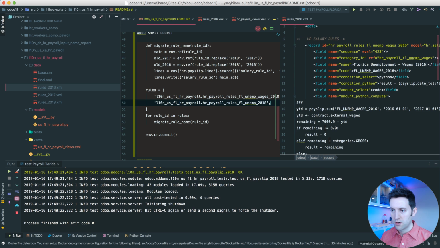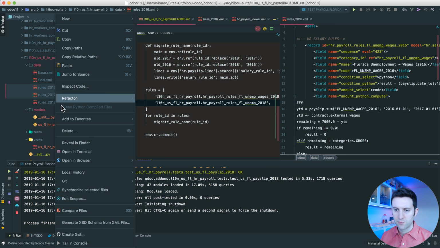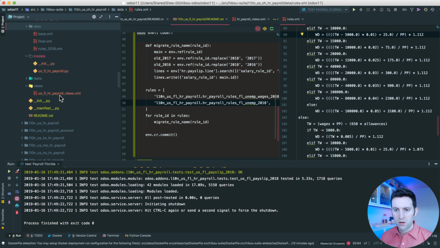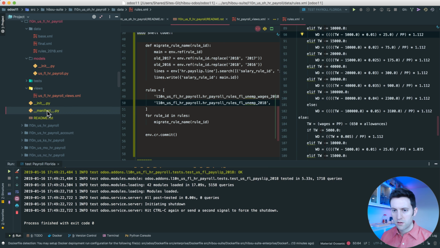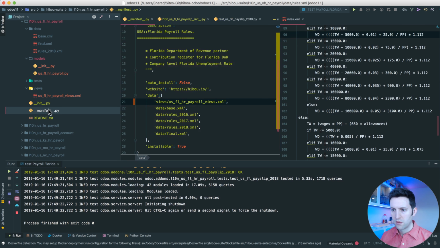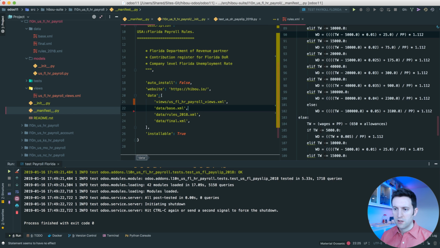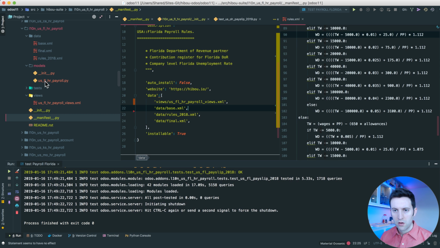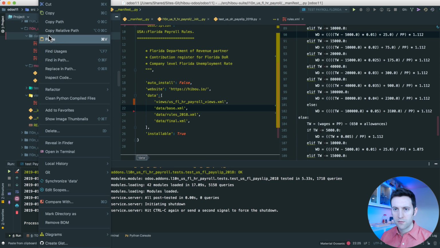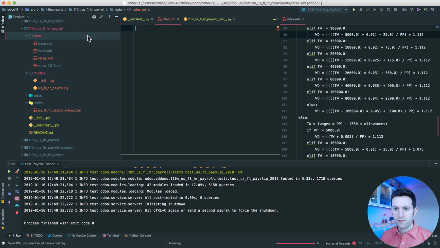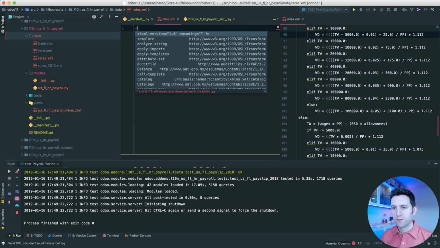All right, so that should do that. So what we're going to do is delete both of these files. I'm going to remove them from our manifest. And we're going to make a rates file, which we could have copied, but